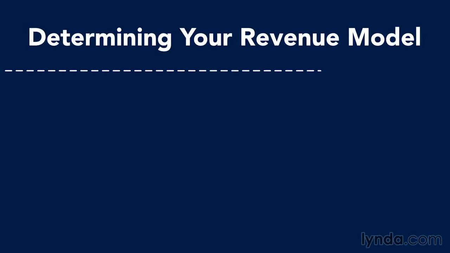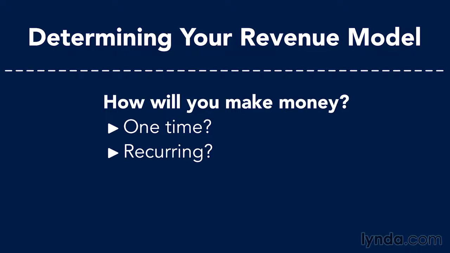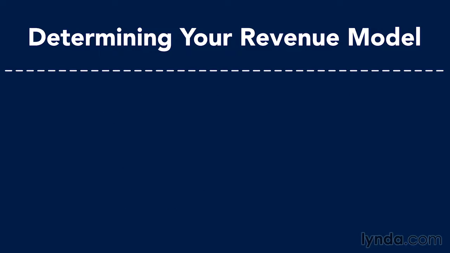Your business plan has to spell out your revenue model for your product or service. This is a huge determinant of how successful your business is going to be. How are you going to make money at this? Is it going to be a one-time charge? Or are there recurring or subscription charges for your product? Are there going to be cross-sell or upsell opportunities? Are you going to sell add-ons that complement the product or service?